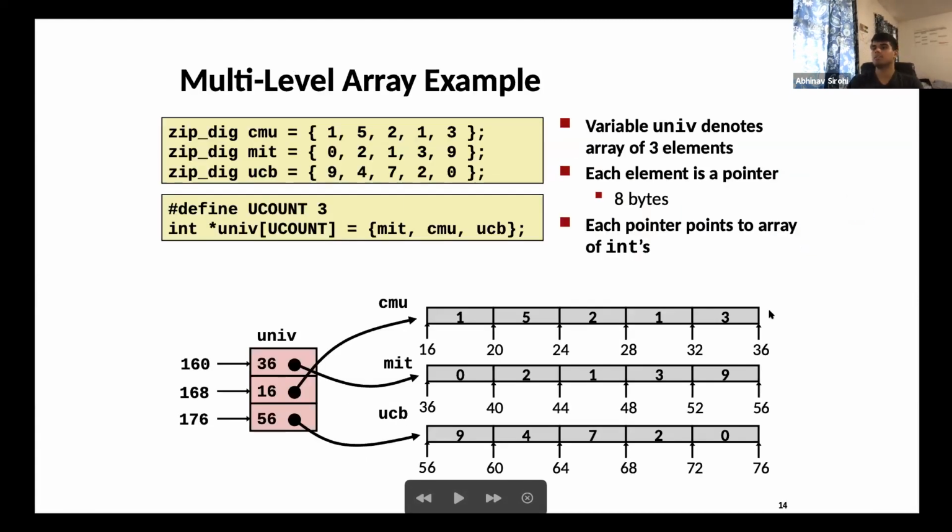Okay, and then there are 2 ways we could store these arrays. What we could do is,